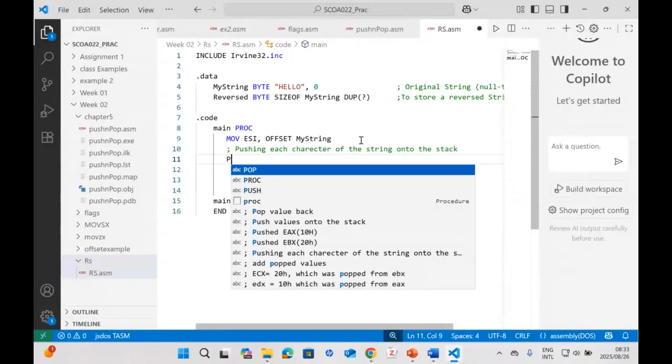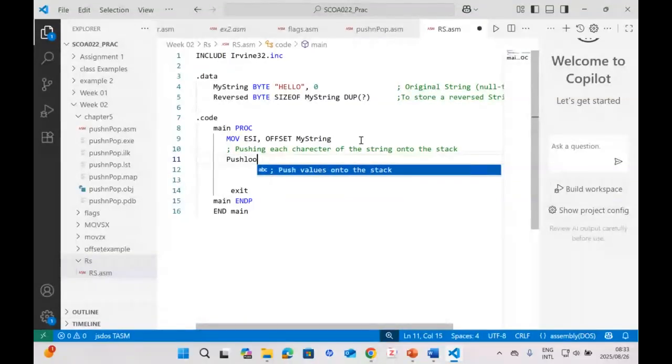So we'll have the push loop. We can name it the push loop, right? And then in the push loop,